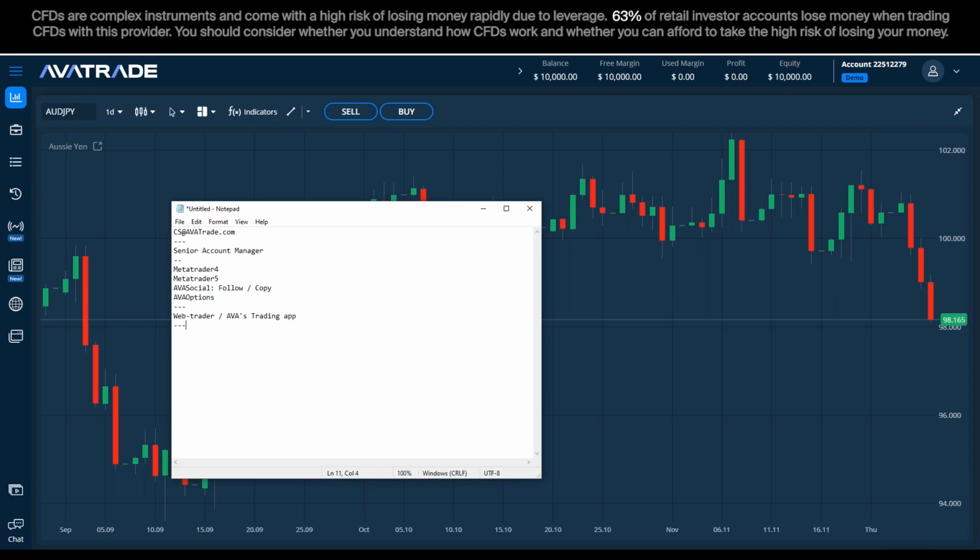Is it free? The app is free, so you can download the app and enjoy what I said. I believe that copying another trader will have a markup, but this is something individual that you need to know when you download the app and you try it. All right, so let's proceed with the web trader.